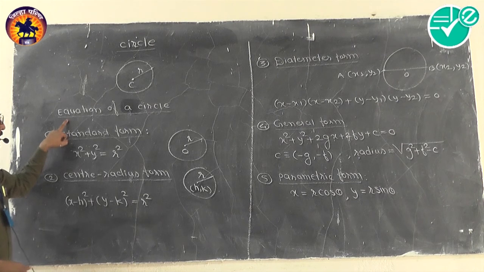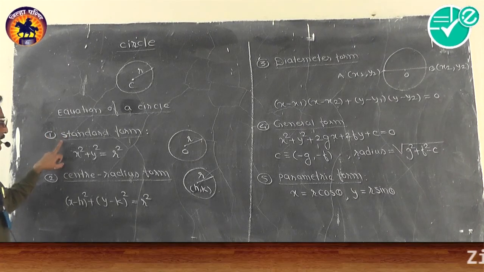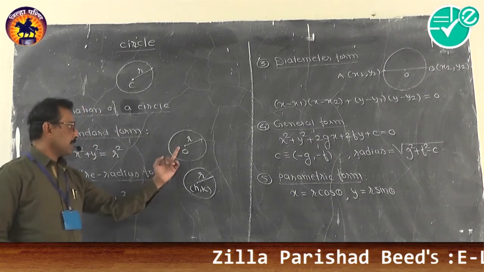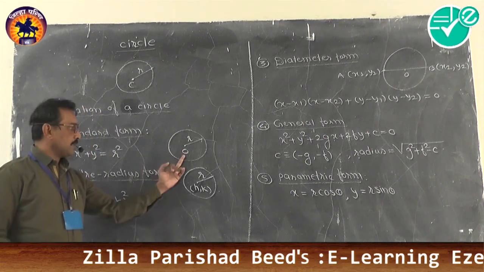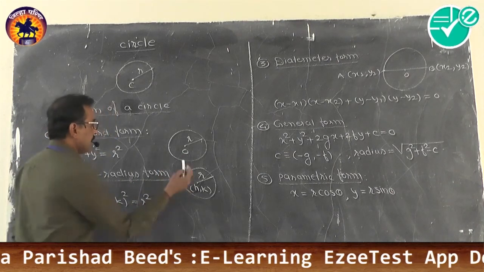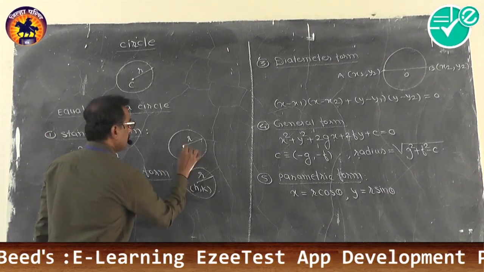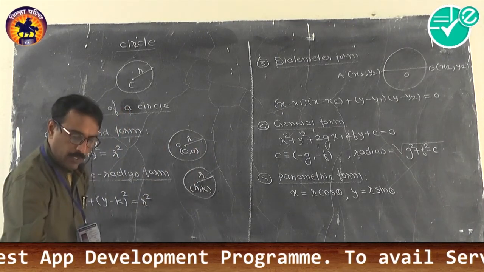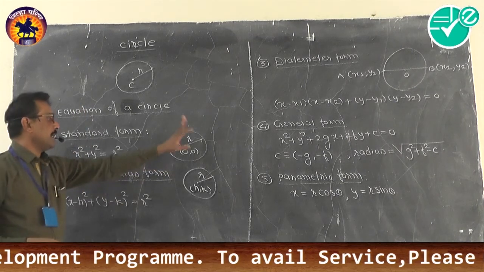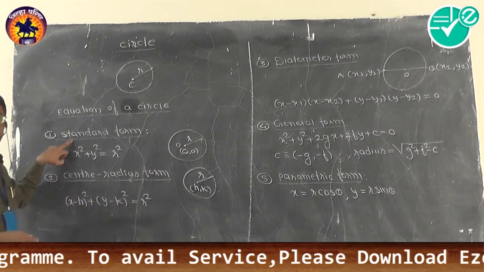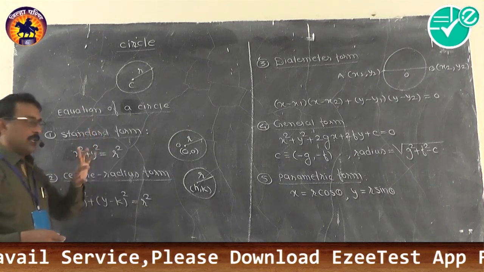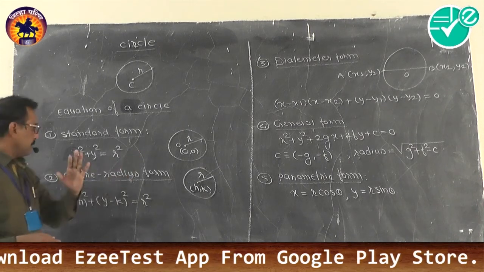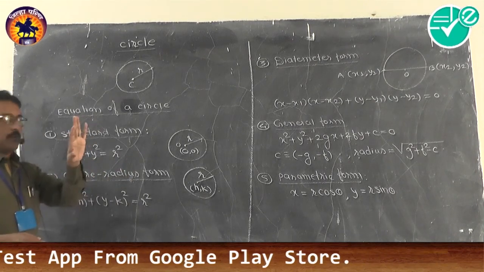The very first form we have written here is the standard form. To discuss the standard form of a circle, there is a mandatory condition: the center is the origin. What is the center of the circle? The center of the circle should be 0, 0 and it is here O. Now when the center is origin and radius is r, we have to remember the formula for the standard circle. What is the equation of the standard circle? The circle has the formula x square plus y square equal to r square. If you remember this formula, your problem is over for the standard form.